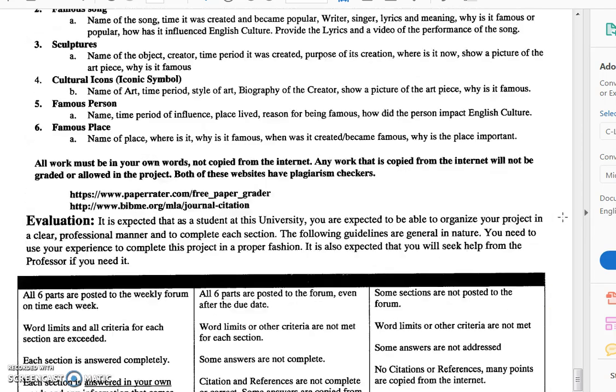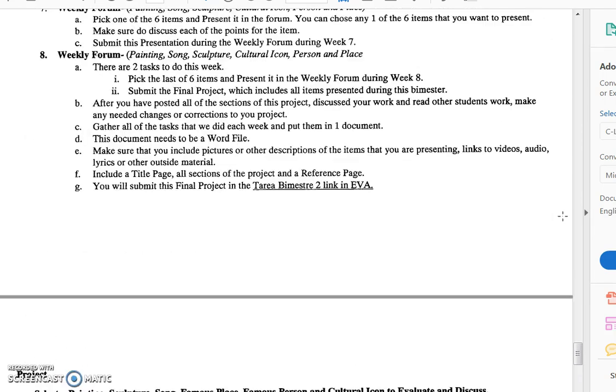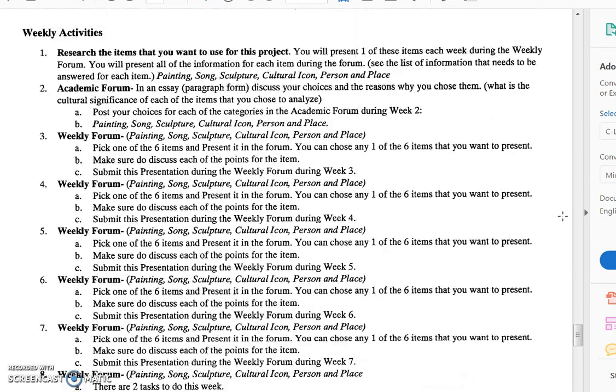So I just wanted to recap real quick. Each week you're going to pick one of the 6 items, and you're going to submit it in the weekly forum, and you'll have 6 of those to do. The academic forum is for you to write what your choices are. Which painting did you select? Which song did you choose? Which